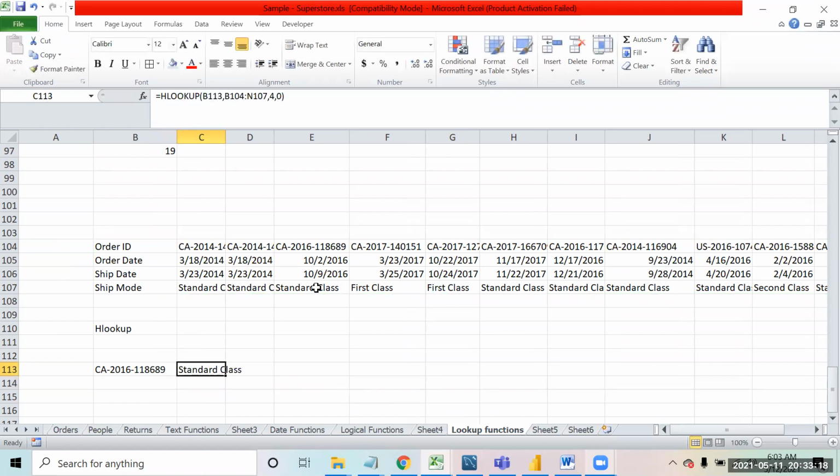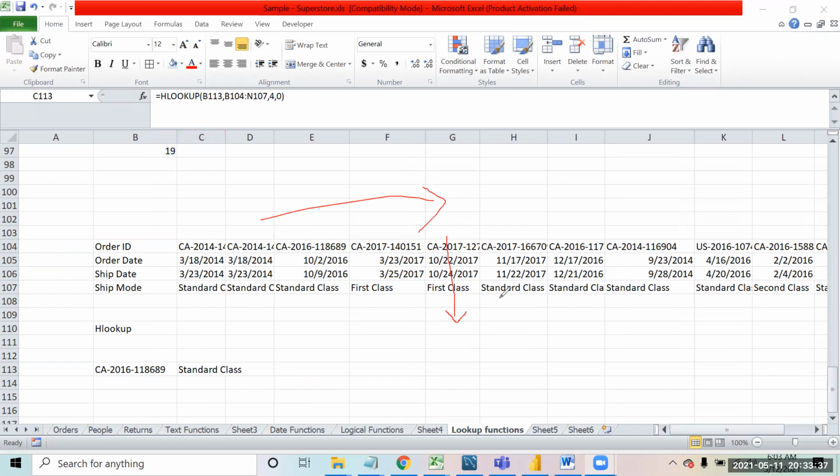That's it. So now if you see, we are finding the data in this direction, right? We are finding the data in this direction. In the VLOOKUP, we find the data in this direction. In the HLOOKUP, we find the data in this direction. That is the only difference that you will find between VLOOKUP and HLOOKUP.